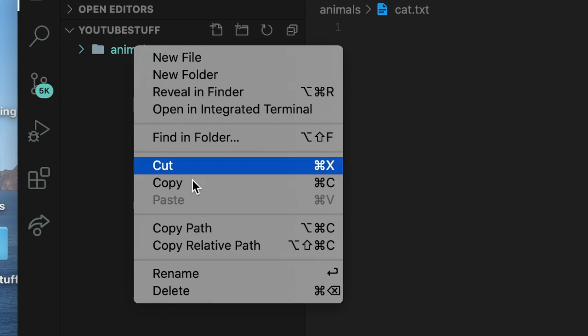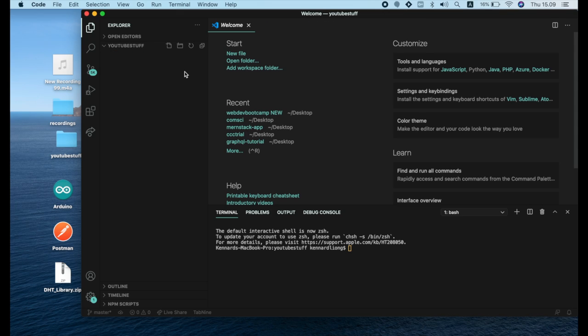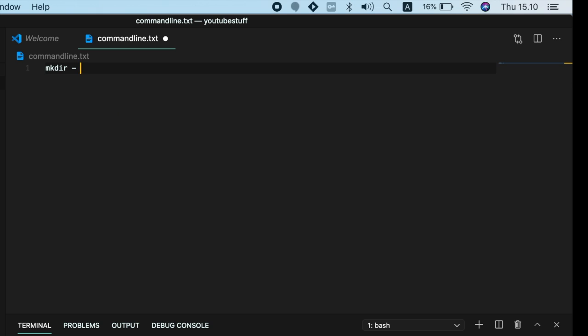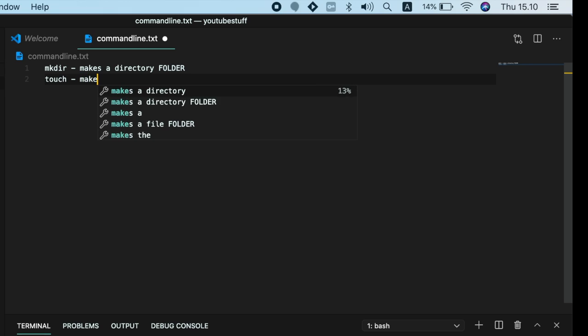But some people don't really use that, because in other coding tutorials that you're watching, some YouTubers might do stuff like mkdir or touch, and hopefully I'll be able to introduce you guys to a bit of that. There's a few things in the terminal, I think they're called functions or keywords. I'm going to make a text document to explain. There's mkdir, which makes a directory, also known as a folder. There's also touch, which makes a file,